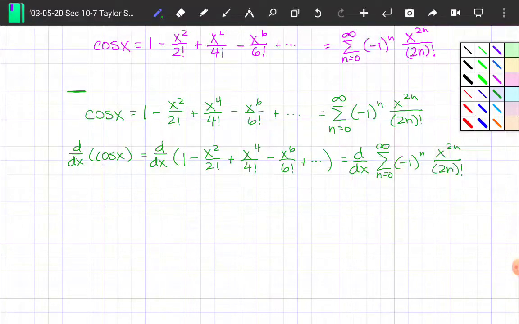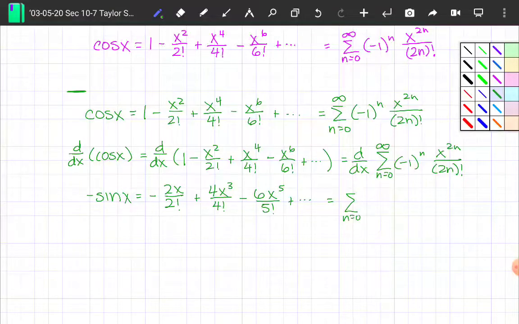Okay, derivative of cosine, we know that that's negative sine. And that's no big deal. We can multiply through by a negative to get a positive sine. We know that. I'll take the derivative term by term. Derivative of 1 is 0. I'm not going to write that down. Derivative of the next term is going to be negative 2x over 2 factorial. And then we're going to have 4x cubed over 4 factorial. And then negative 6x to the 5th over 6 factorial. And then over here,